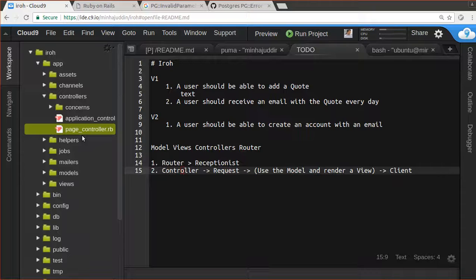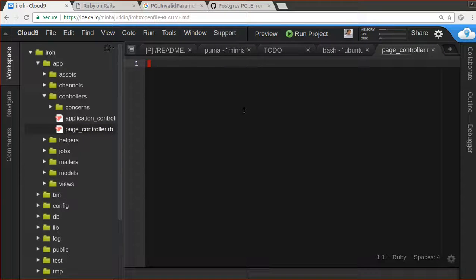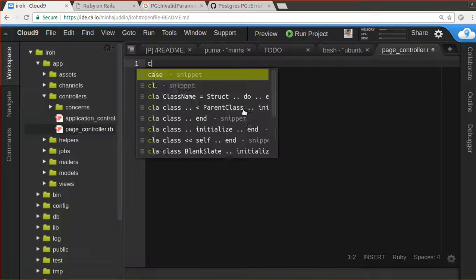Every controller, the file name has to be the name of the controller underscore the word controller dot rb. Okay, so dot rb stands for the Ruby extension, and